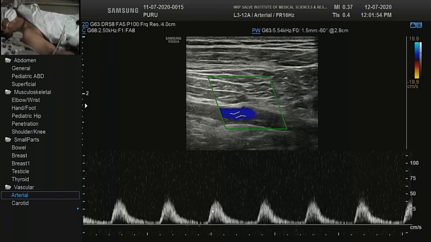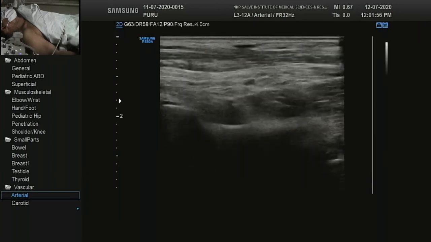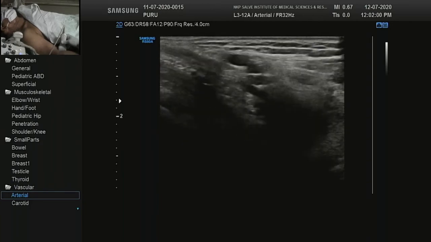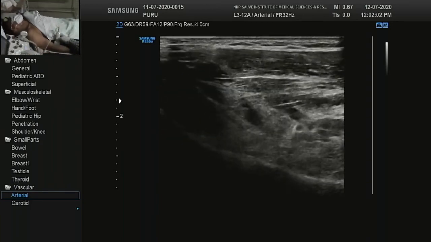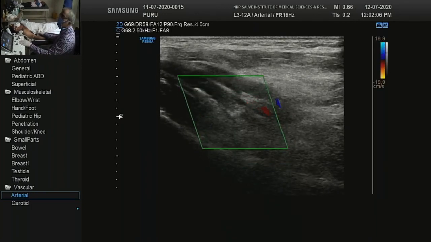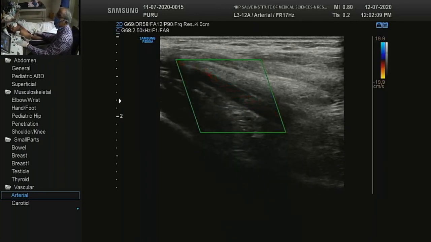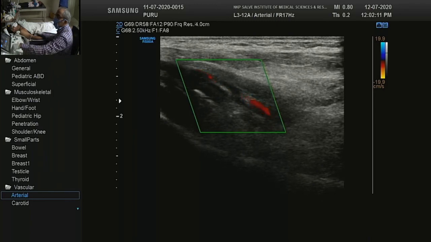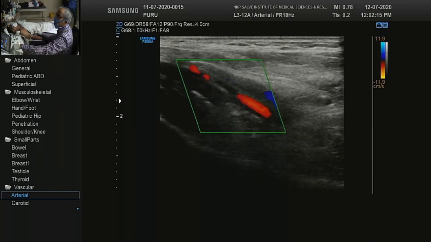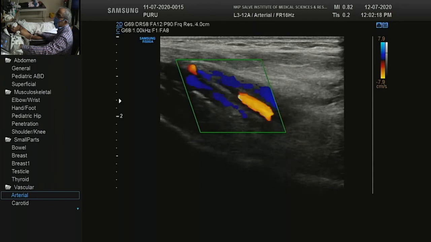So we'll quickly do his brachial artery. That is the brachial artery at the forearm. We'll check this. I'm not seeing good flow. We'll reduce the PRF a little bit so that I can see it better. This is better.